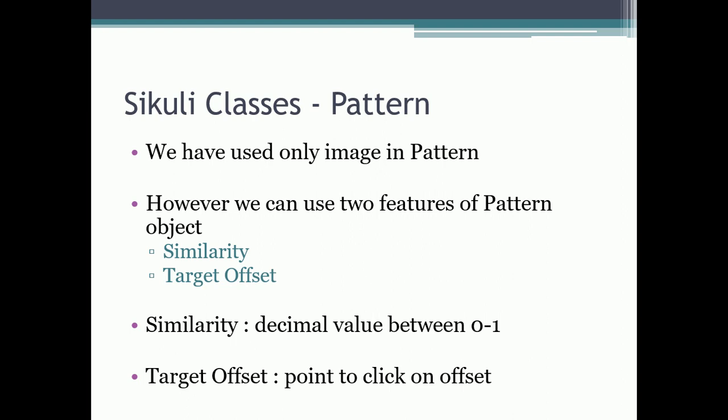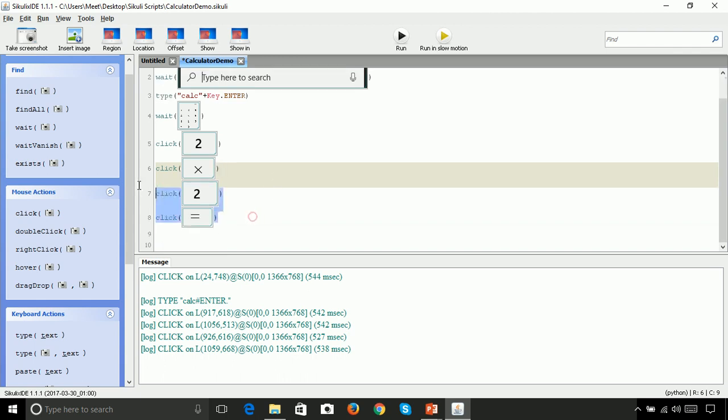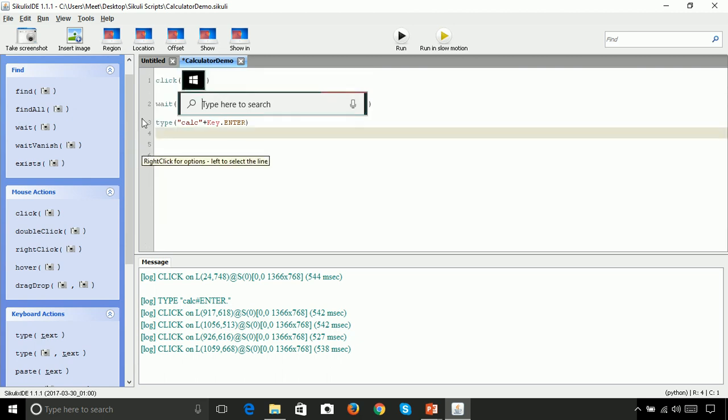So to understand these two features of the pattern and to make our scripts much more efficient, let's modify our previously created calc script. There is no need to change the first two things as we want to click on the start and enter calc to open it. But after that we will remove all these lines to make our script much more efficient and to use a lesser amount of images than this script. So let's open a calculator.